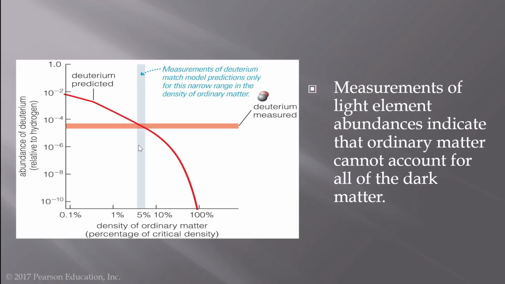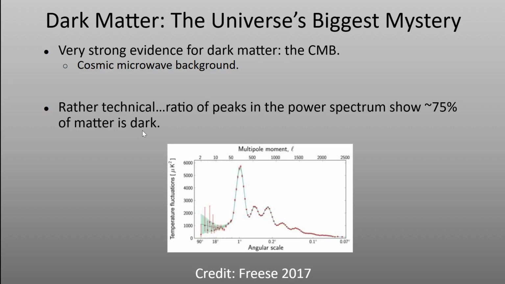And the best match between the deuterium that we measure and this model for how much deuterium should be produced based on the fraction of ordinary matter that comprises the universe matches this 5% mark. So in other words, overwhelmingly, the density of the universe must be comprised of something that is not ordinary matter. And we think that about 5 times as much ordinary matter is in dark matter, and then there's a whole lot of dark energy, as we've talked about before.